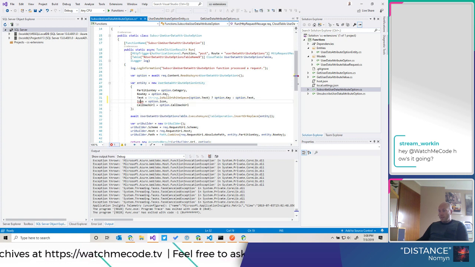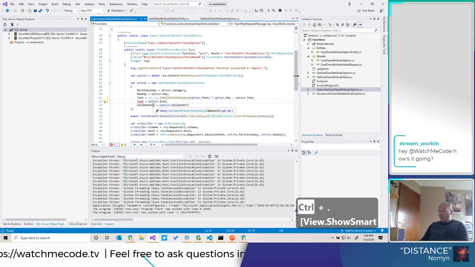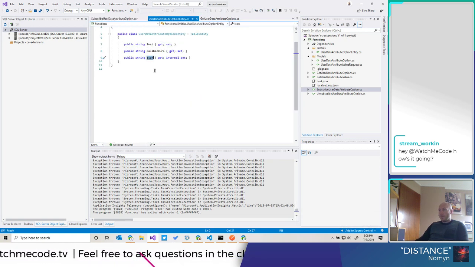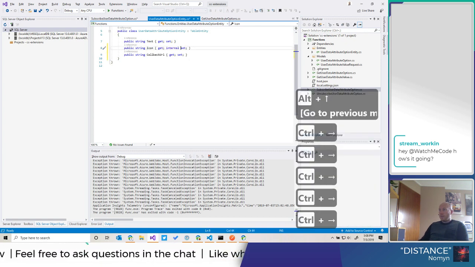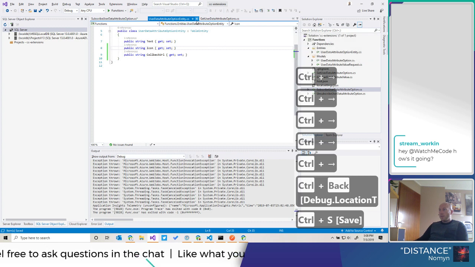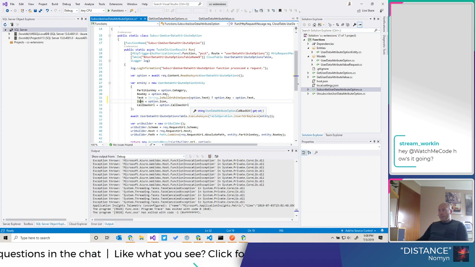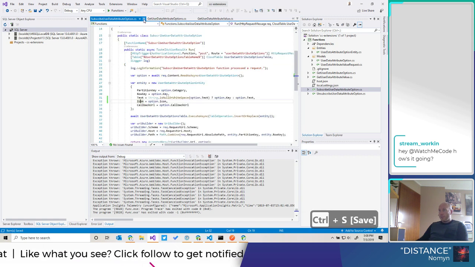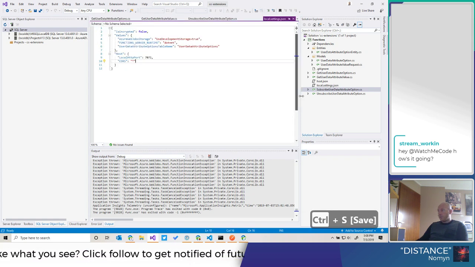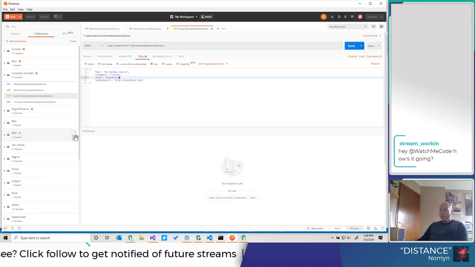We also need to add it here. So again, Control dot, generate property. There's F12 to jump to the definition. And now you can also set it to the entity. So this is in the subscription part. So now we can subscribe with an icon. We can test it out.